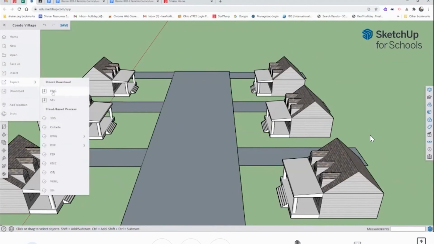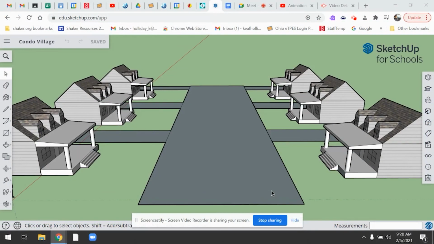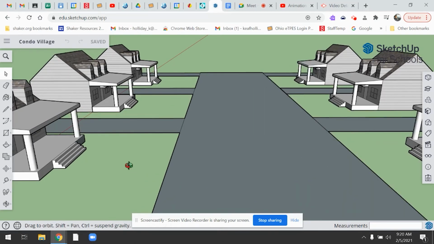And you know how to do that because you've done it before. Okay, after you export an image of the 1-point perspective condo park village like this,